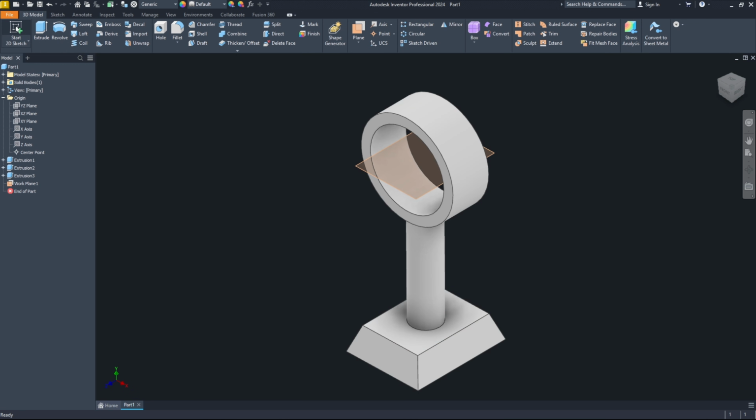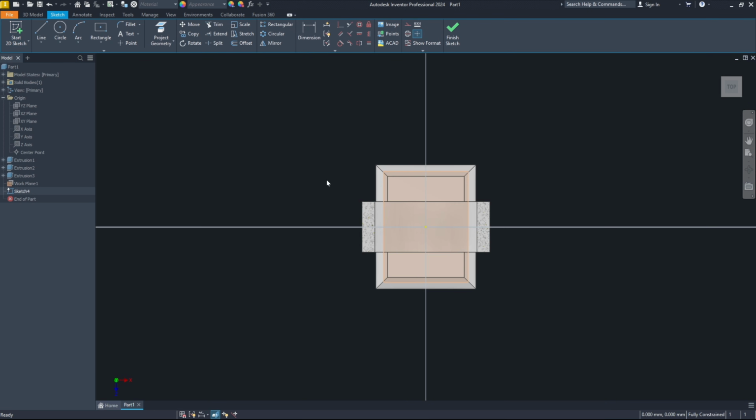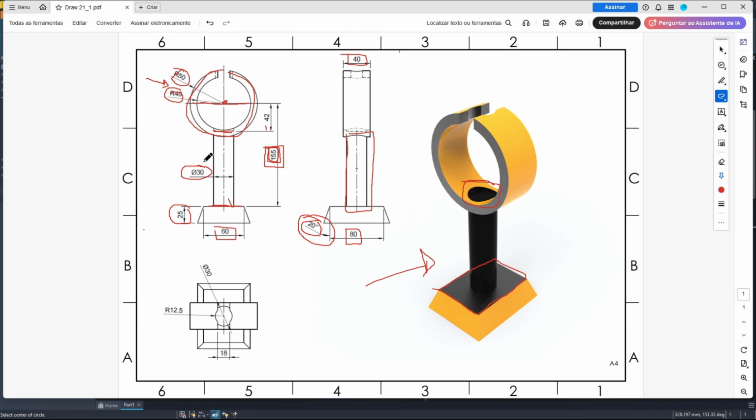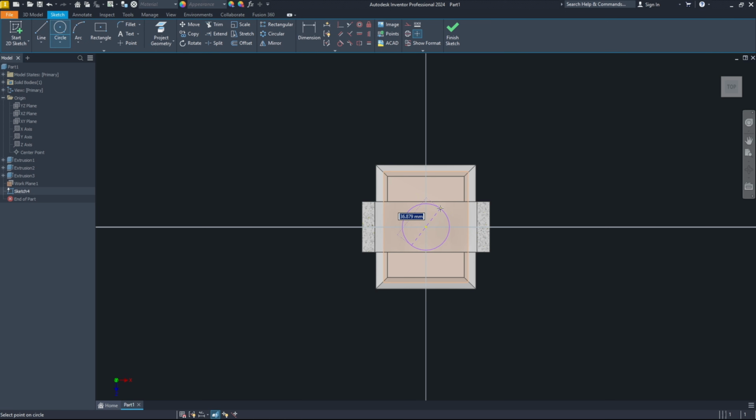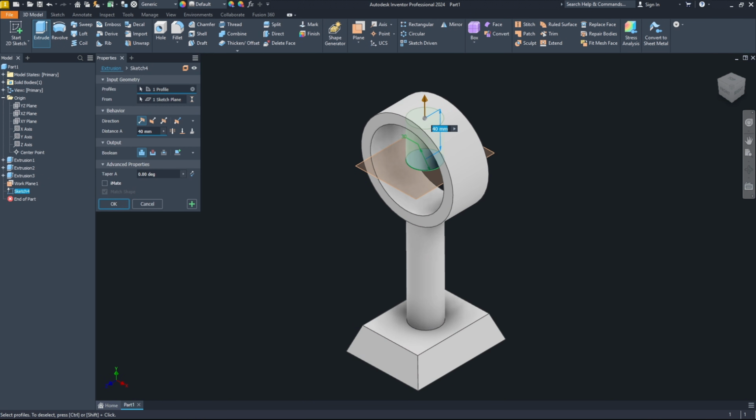And now go to create a sketch and select this new plane. Press F7 on the keyboard, select the circle. We will create a circle here with 30 millimeters of diameter, and we'll make a cut with 42 millimeters of distance. So make a circle here in the center with 30 millimeters. And finish the sketch. Go to extrude, and the operation here, the output is cut. The distance here, 42 millimeters,